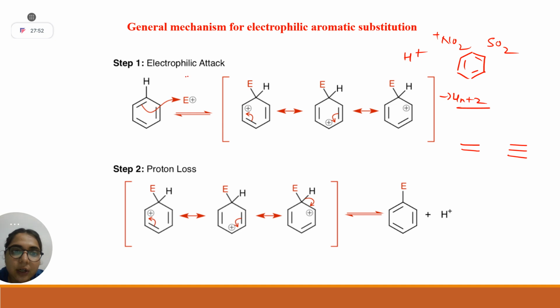Okay, so step 1 of electrophilic attack: this is your electron cloud. So if you write its resonating form, let's say like this, this is your electrophile, this is going to attack, right? So positive charge will come here, negative here, and this will attack your electrophile. Is this structure clear to all? Now they have drawn just resonating forms, right? Stabilizing this carbocation, going through this.